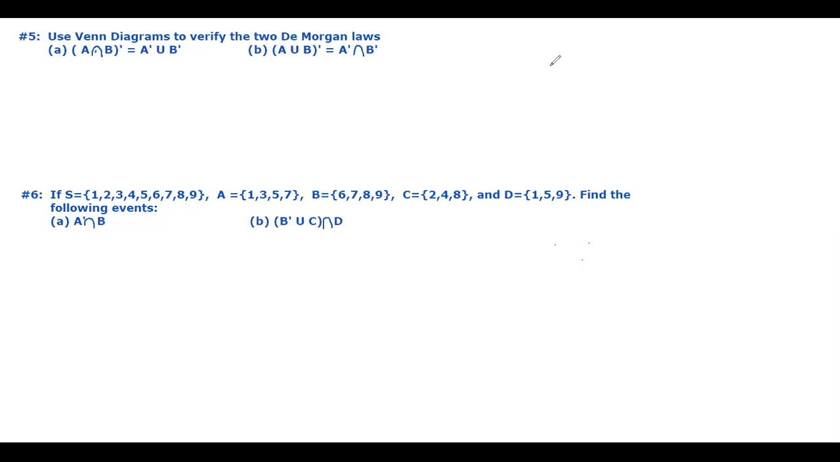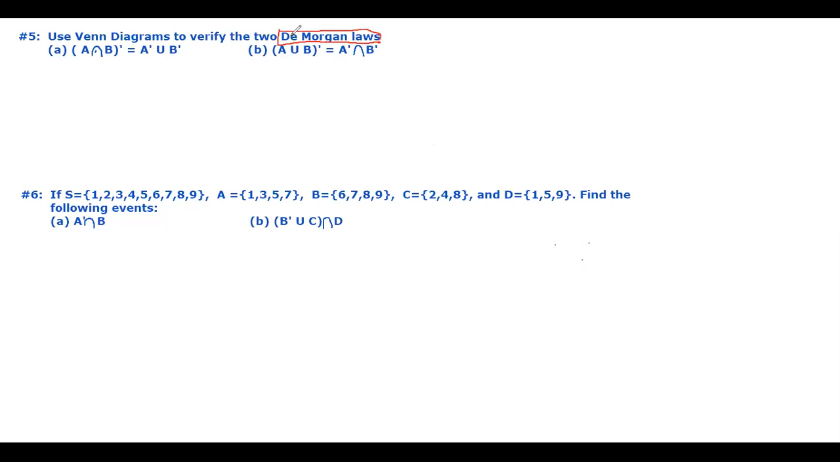Okay, so now let's take a look at problem number 5. The first problem asks you to use the Venn diagram to verify the two De Morgan laws. De Morgan laws, this is kind of like